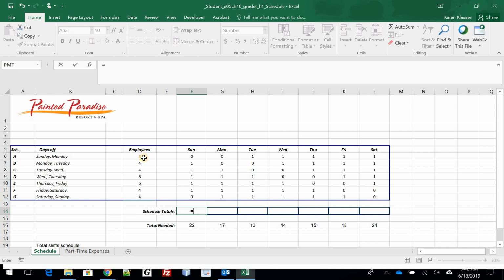So first thing is D6 times F6. Okay, but we're going to copy this across, so we need D to stay here. Alright, so all of our D's we're going to absolute value. Okay, so we're going to multiply these two together, then add the multiplication of these two together, and then add this. So plus D7 absolute times F7